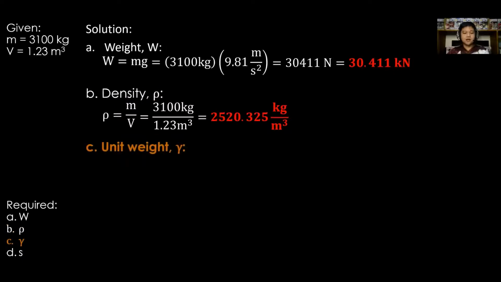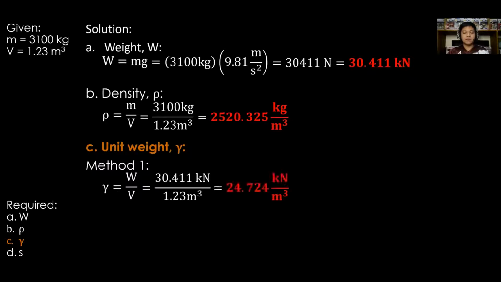And for the unit weight, we will consider two methods. First is the standard formula, gamma equal to W over V, wherein W is taken now from letter A requirement, that is 30.411 kilonewtons over the volume that is 1.23 cubic meter, or gamma is 24.724 kilonewtons per